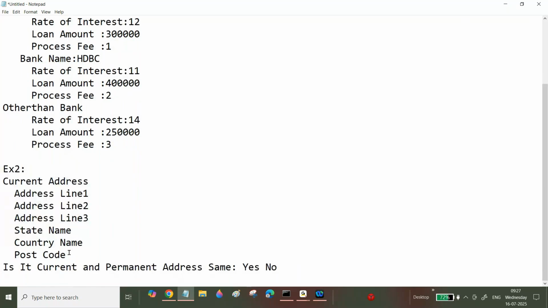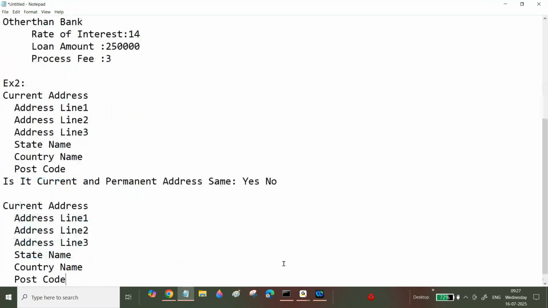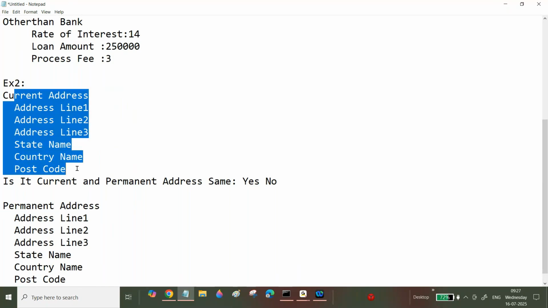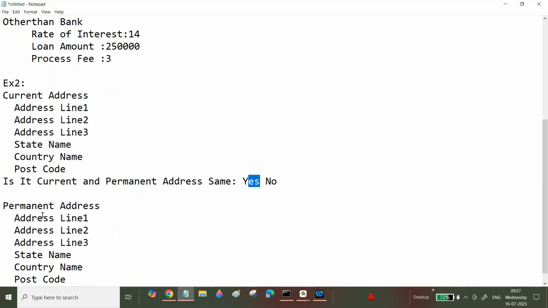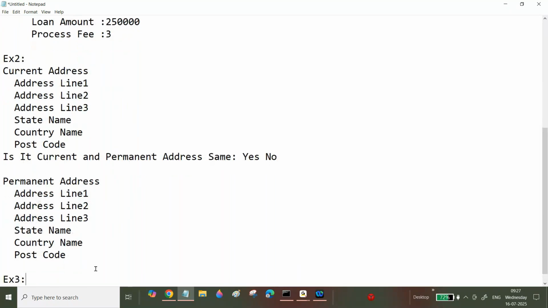I want to copy here to the permanent address. In case of whatever data you are entering here, if you click yes, I want to copy. If no, the user will enter manually. This is the common example. You people have observed it also. When you are filling any online form, you will get some options. Even when you are booking a ticket,